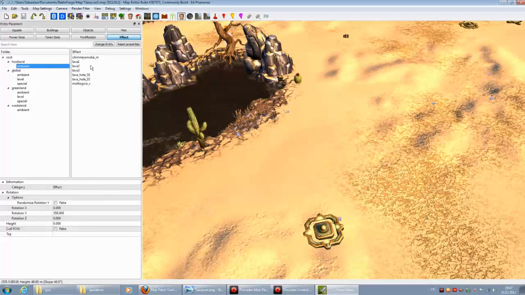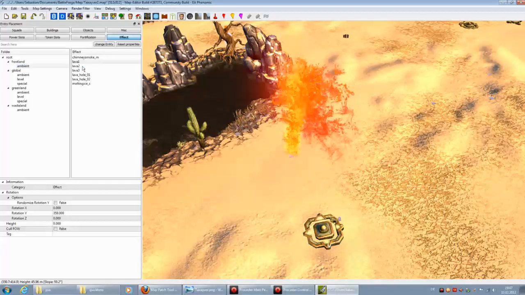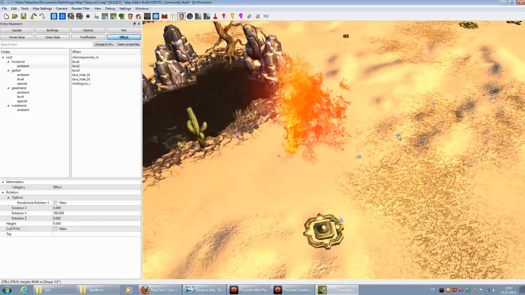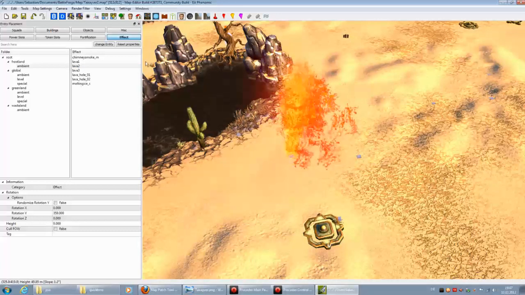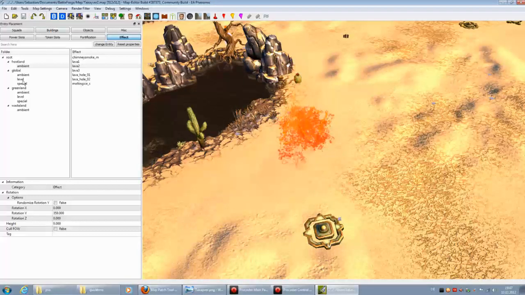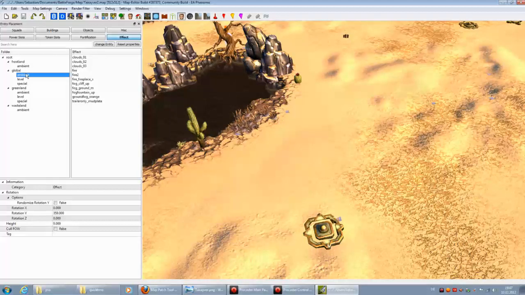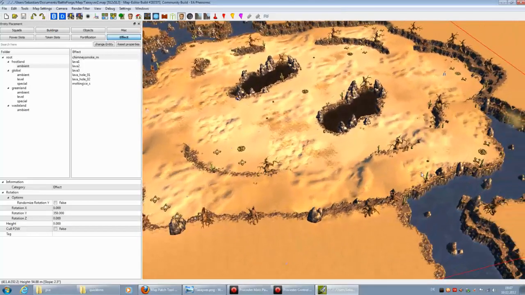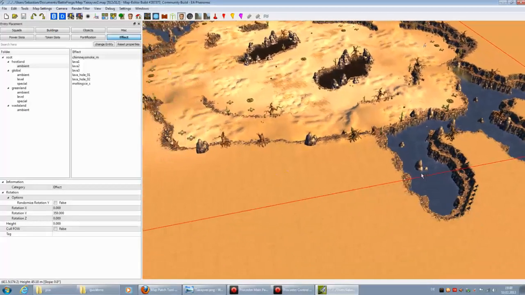Frostland has some nice effects as well. Lava coming up. But again, not the right effect for a desert map. Okay, so I guess decoration is finished. I will